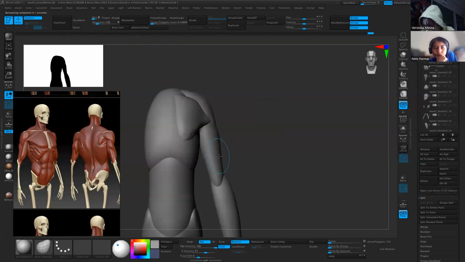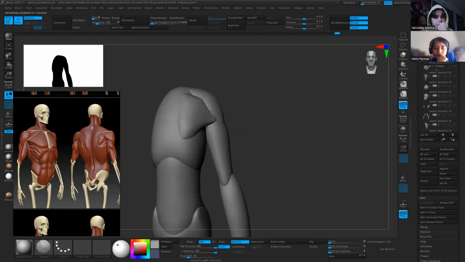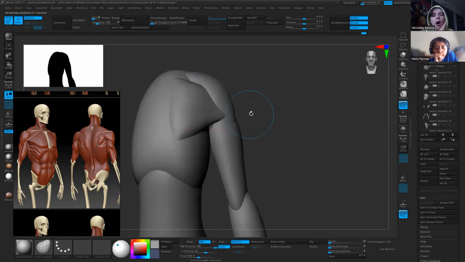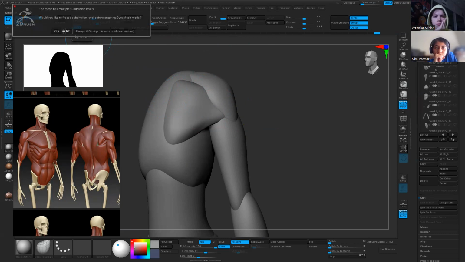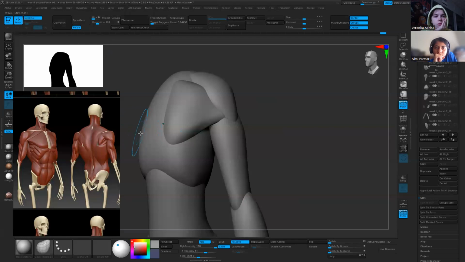So let's ZRemesh that again, just because I changed the shape so much. And we need to make this a little bit simpler. Something we can also do, before that, let's subdivide. You can do a Dynamesh and then turn on Polish, which is found under your Dynamesh. Always yes. And so what that does is,